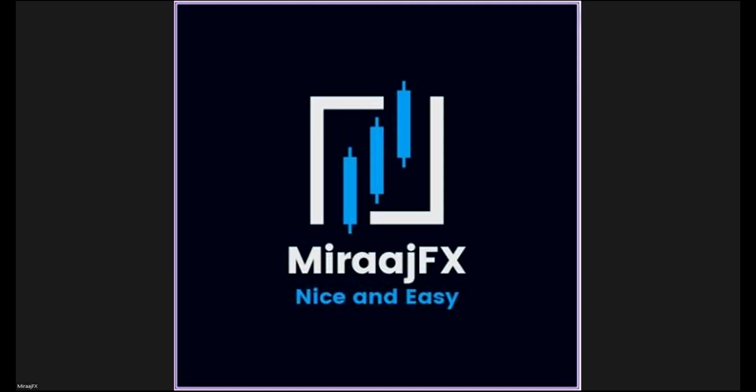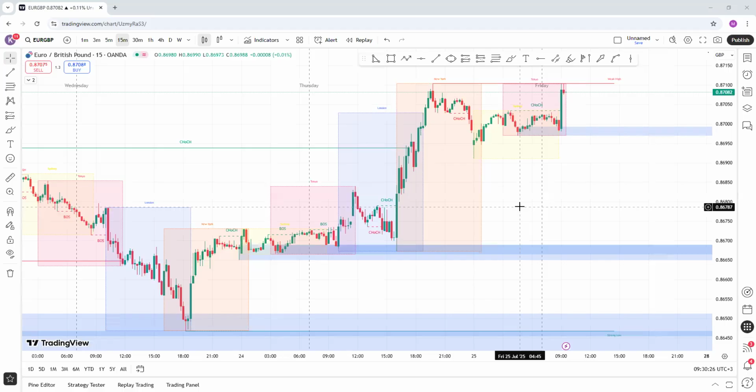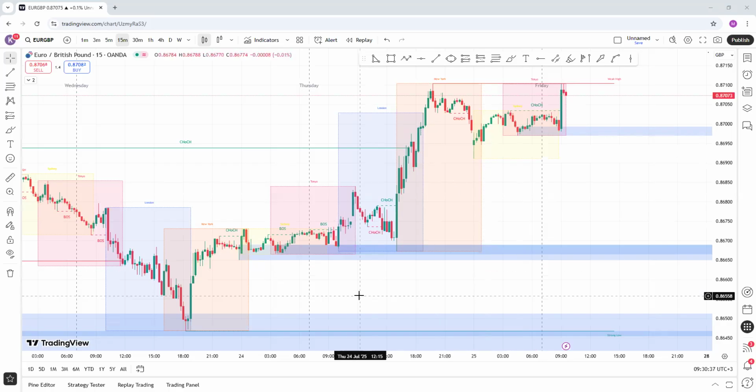Okay, so we were talking about Euro GBP, and you can see the Euro is very strong and GBP is weak. That is basically why the market is currently going on an uptrend. It's bullish. So let's try and find out if we're going to get another one that is on the